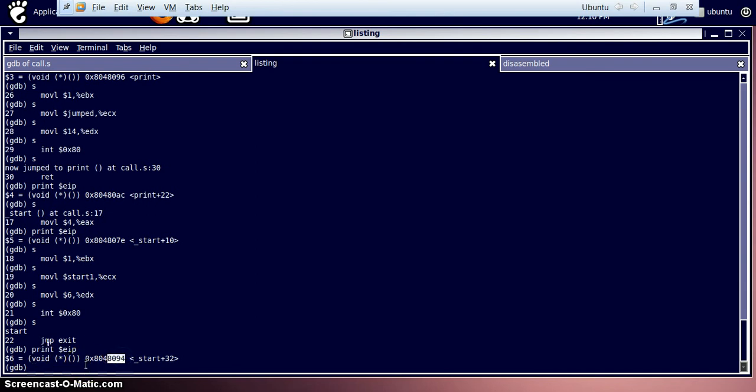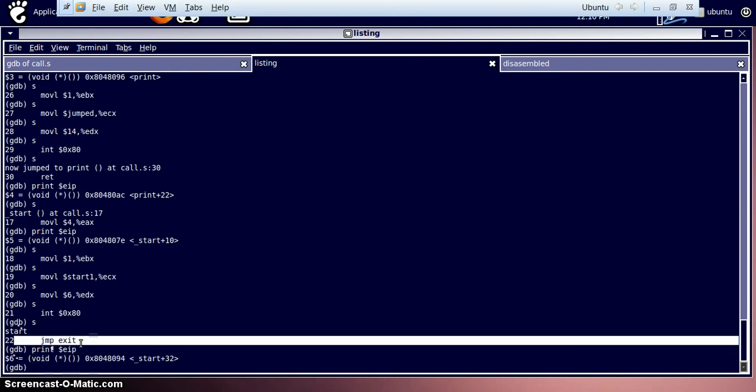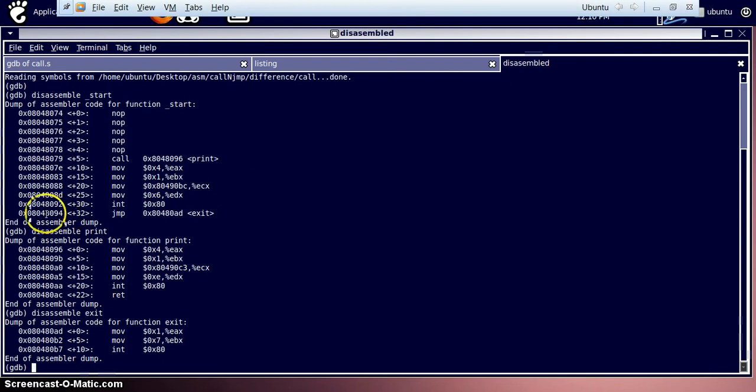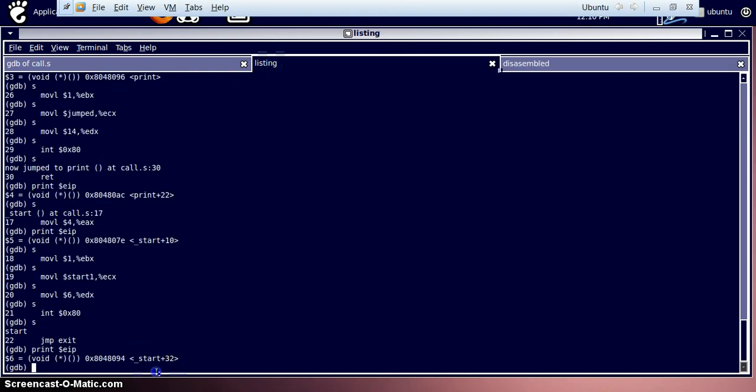So as soon as we cross this instruction, the program flow should straight away go from here to 8080. Where is 8080? 8080 is the address of this exit label. Okay, so let's see what happens next.